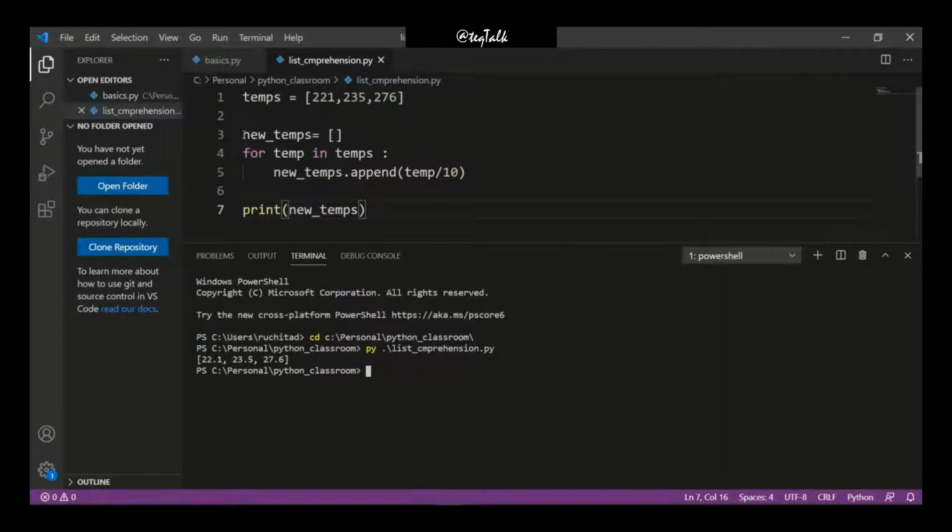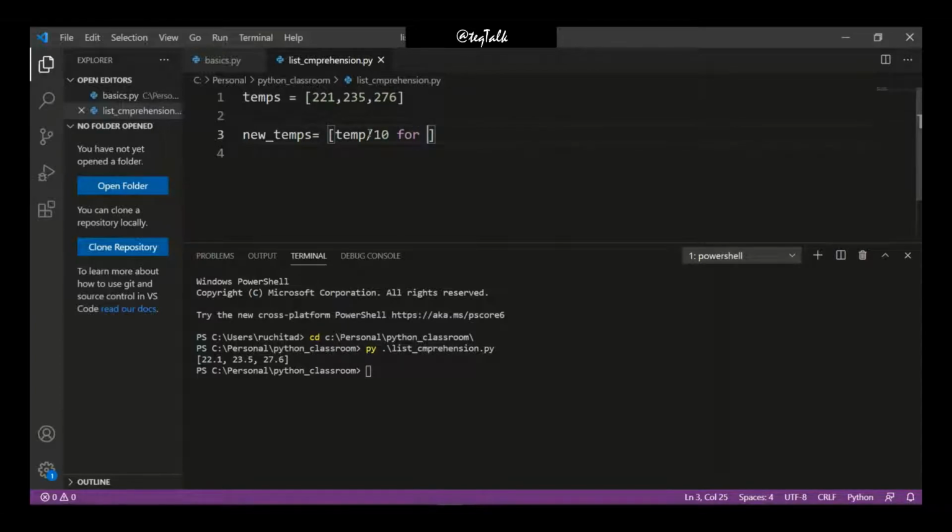So this is what you have to do to get the actual value of temperature, but the whole thing you can do in one line of code by using list comprehension. So you don't need this explicit for loop here, just delete it. You can do it here. And also you don't need the empty list over here, because here you will create a list dynamically, in this new list, that is temp divided by 10